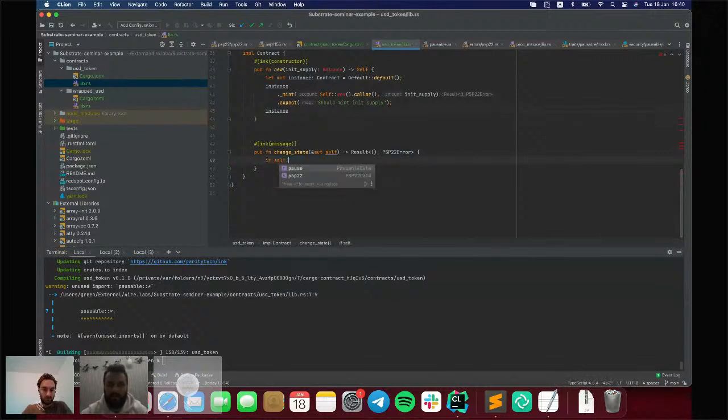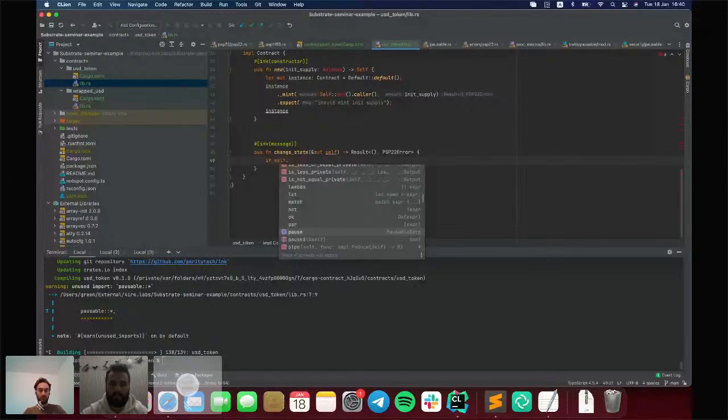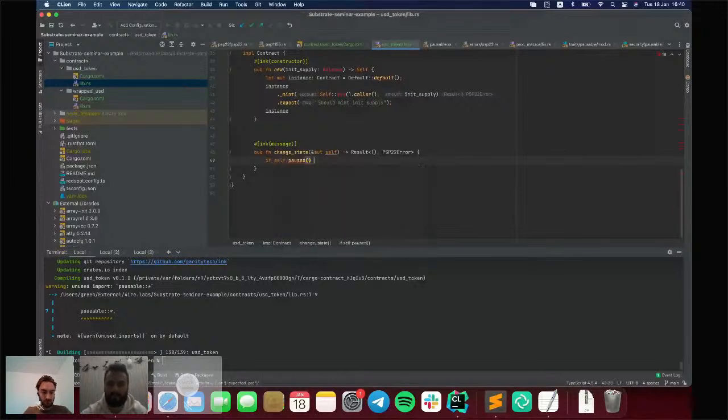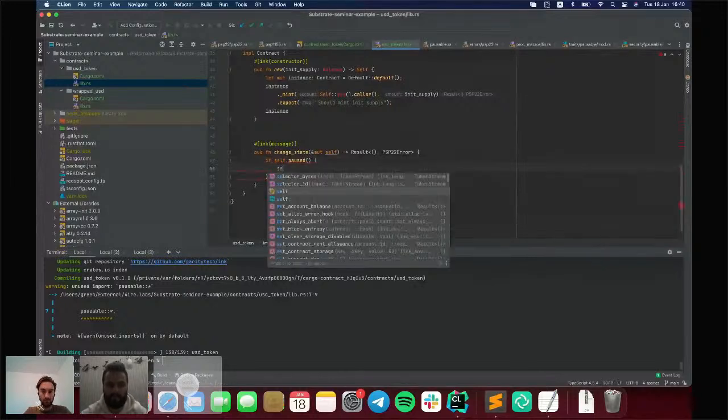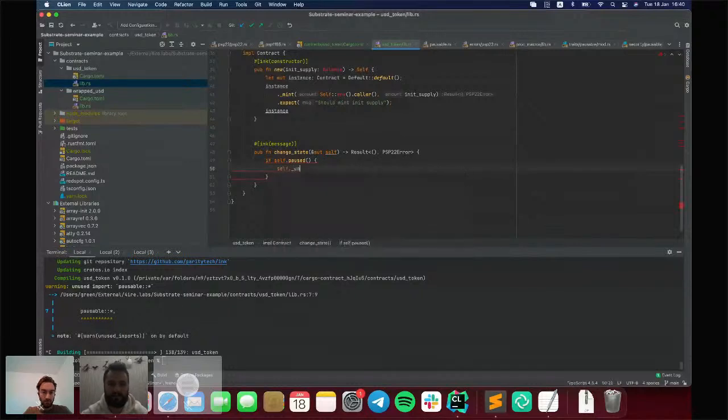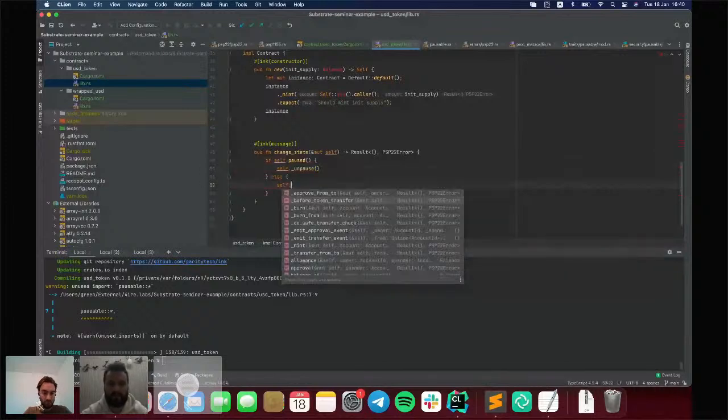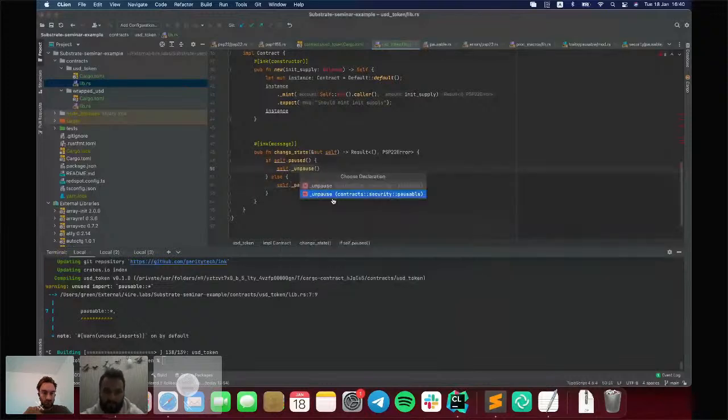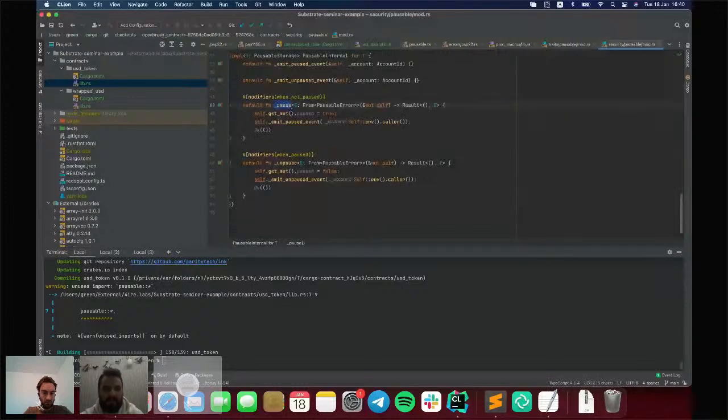And here, if our contract is already paused, then let's unpause it. If it is unpaused, then let's pause it. Okay, these are two simple functions that will pause and unpause our contract.